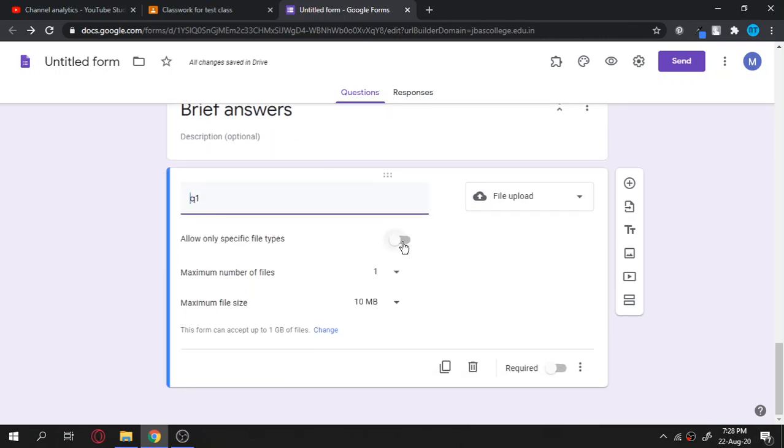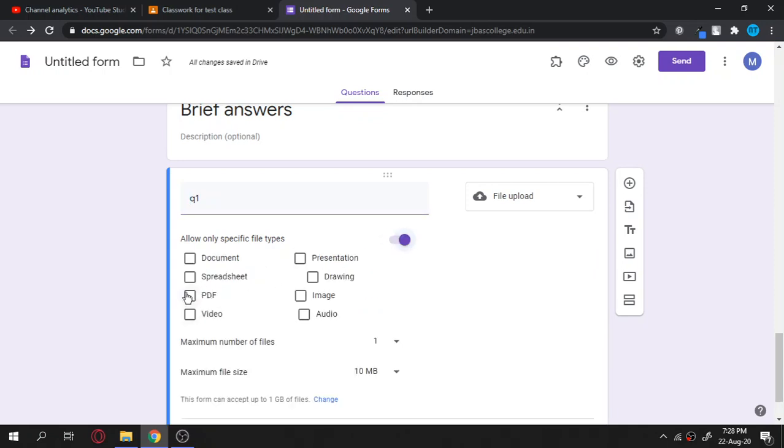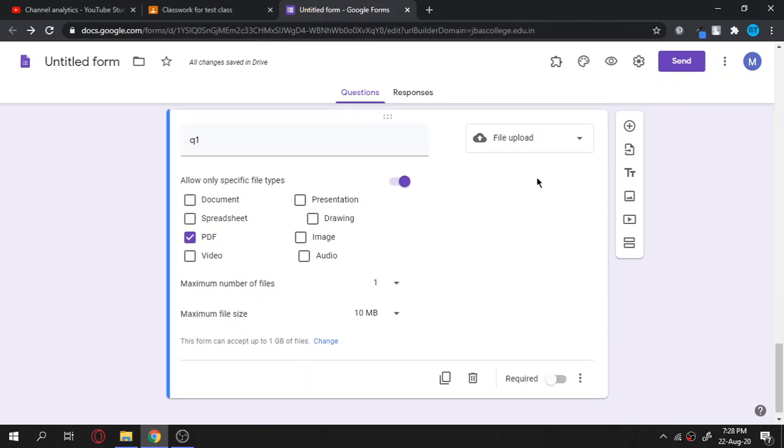So here the upload file options are here. We can specifically allow only a few types of files. Let us make it a PDF as a specific type, because every question can have maybe 4 or 5 pages. If you give it as an image option, people keep on sending us different images, and it will be very difficult for us to evaluate the answer. So better let us make it a PDF option, so the file is 1 for 1 question, and then we can also make the size 10 MB or 5 MB, whatever we need. So now question 1 is of PDF type, and the file upload option is here.